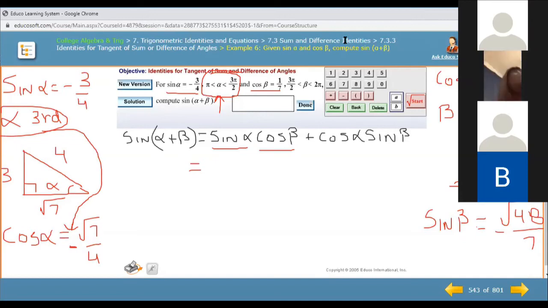Now, if it gets disconnected, because it is showing less than a minute left, just rejoin with the same code. All right. And I just keep on working on this problem. Sine alpha is negative 3 over 4. Cosine beta is, we just calculated, given as 1 over 7, plus